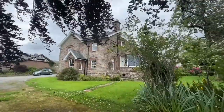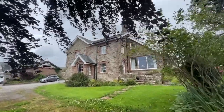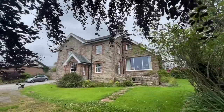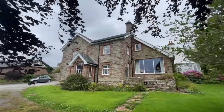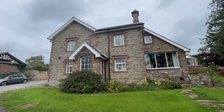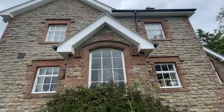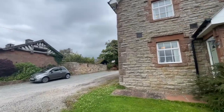So as we come into the garden area, now you get a better view of Scalesceugh House. It's a really attractive looking property which has had amendments done over the years to create further accommodation and to obviously make it work better for the vendors. There are 2 different parts of the property, old and new. So as you'll see, there is a date stone on the front of the property which says 1922. It's got some beautiful features, but if we go around the side here,